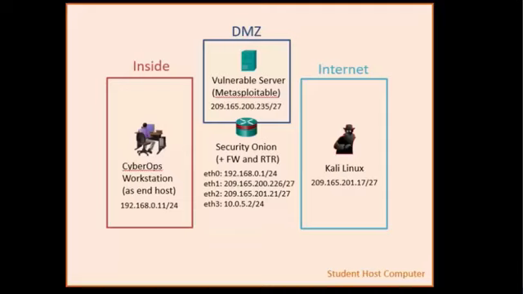You could probably spend 2 years trying out every single tool that is installed on Kali Linux. And then what we have in the DMZ, we also have a vulnerable server. So this is an Ubuntu machine, I do believe, and it's a vulnerable server. And all of this runs in